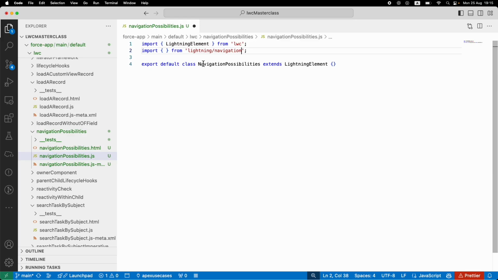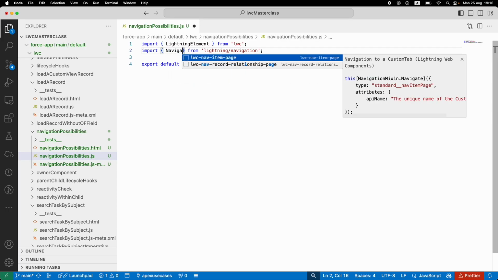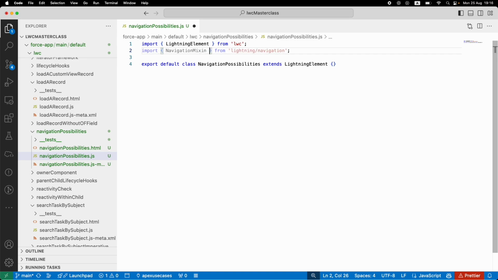All right, and what are we wanting to import? We are wanting to import the navigation mixin. So that's the name of the library that we want to import. Cool. So that's the import statement that we write. On top of it, there's one more prerequisite that you need to do. Now that is basically extend your Lightning element to be power packed with the navigation mixin. So you take this import and you extend the capabilities of navigation mixin and put Lightning element in the bracket